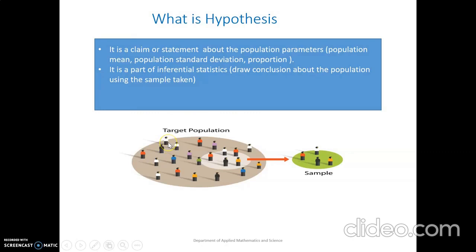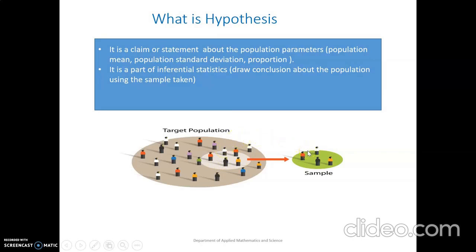So hypothesis testing is a part of inferential statistics where you have to draw conclusions about the population, but you are going to use a sample in order to make a conclusion about the population. Suppose this is your target population and you want to make a decision about it. But sometimes you are not able to reach each element of your population, or it costs you a lot of time to reach all the elements of the population. So in that case, you have to take a sample